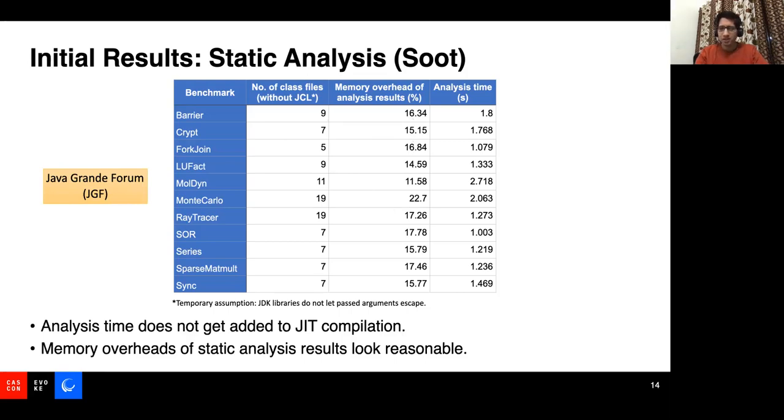We can see also that the analysis time varies with the size of the benchmark. The larger the benchmark, the more methods, the more strongly connected components, and we may spend more time analyzing those benchmarks. And these numbers typically are again not in a very high range. Further, as these are performed during static compilation, it's fine if we take a bit more time to perform a precise static analysis, if it gives us better answers in terms of stack allocatable objects.